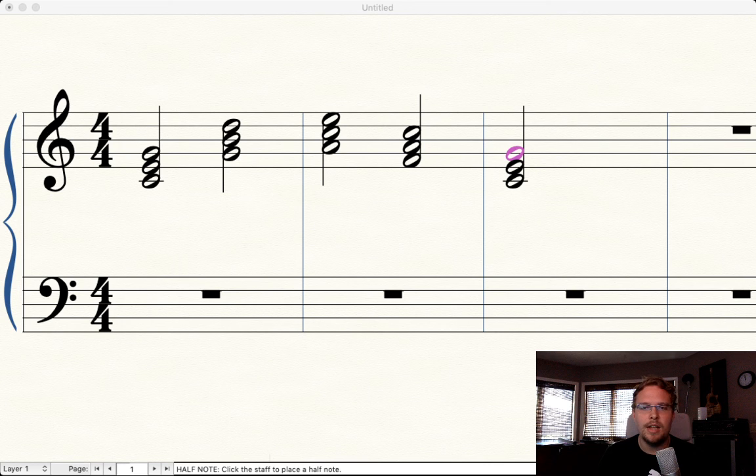I can put those in any order. I can even add in a Re chord. So here's a Do chord, Fa chord, La, here's the Re chord, and then a Do, or sorry, a So chord, and a Do. So I can put those in any order and start to construct songs in that way, and I can also